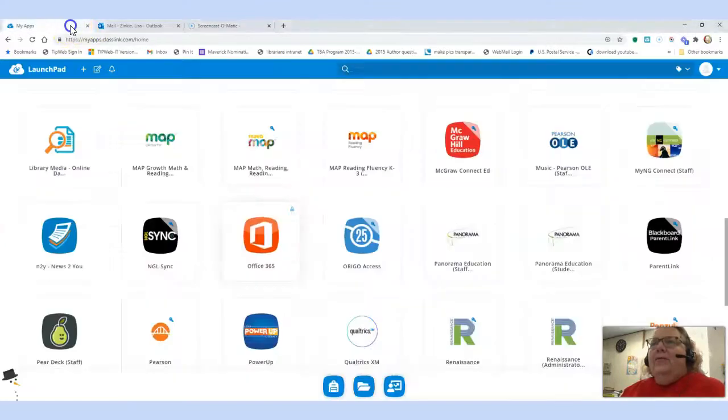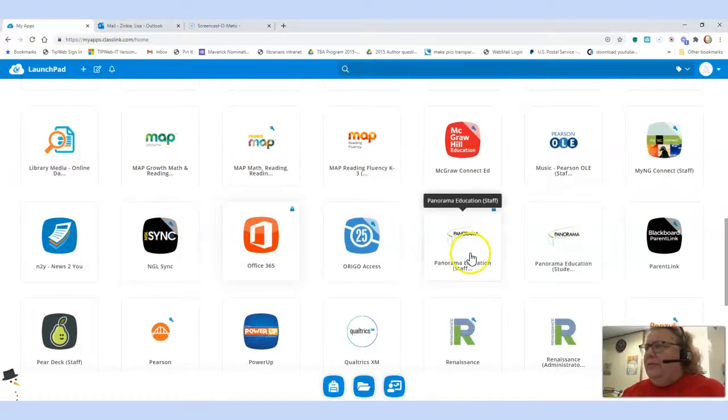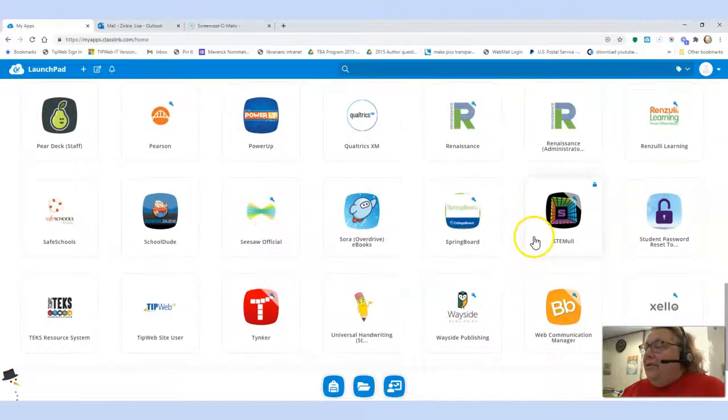Okay, I'm going to start in your apps. If your apps doesn't come up automatically, you may have a problem. But if you've already been on and you clicked it off for some reason, remember you can always go to launchpad.classlink.com/FortWorth, spelled out F-O-R-T-W-O-R-T-H. Anyway, so once you're there, I want you to scroll and look for,